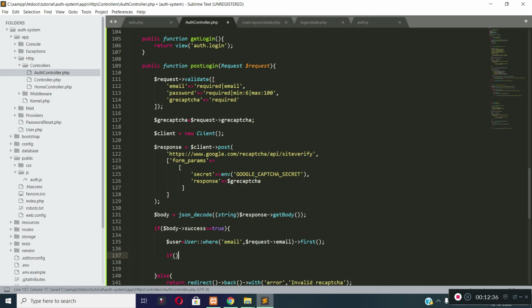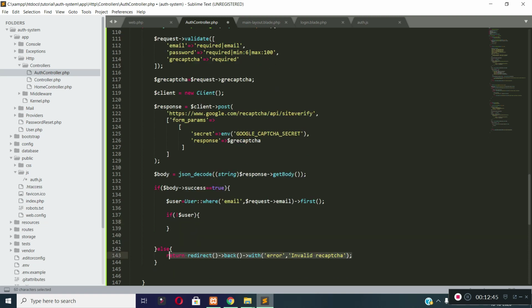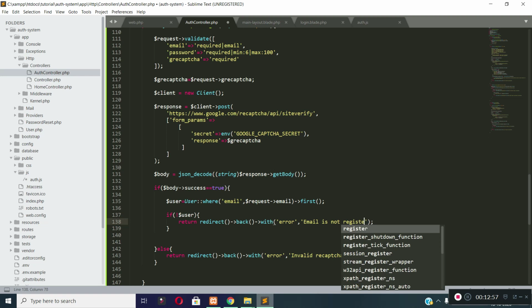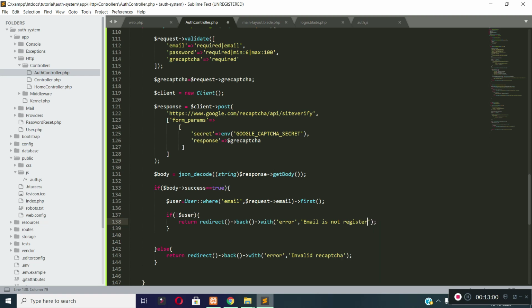Now if there is no user with this email address, then I will redirect the user back to the login page with an error message, email is not registered. You can add the message as per your choice.